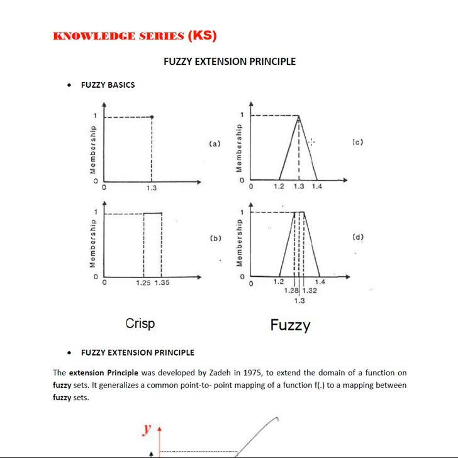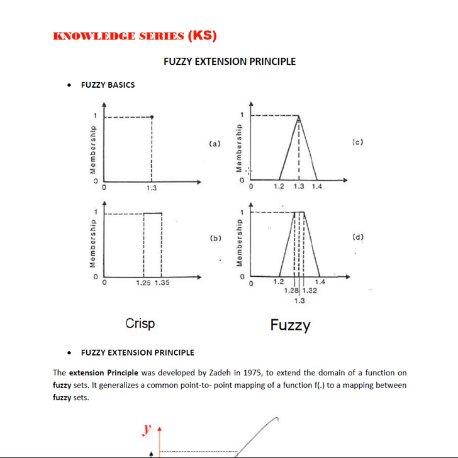On the other hand, when we look at the fuzzy, it has a range on the two sides. If you take plus or minus 0.1, here is 1.2, here is 1.4, and the mid is 1.3. At 1.3 you have the maximum value, that is the membership value is 1. But at 1.2 and 1.4 the membership value is equal to 0. In between, from 1.2 to 1.3 and 1.3 to 1.4,